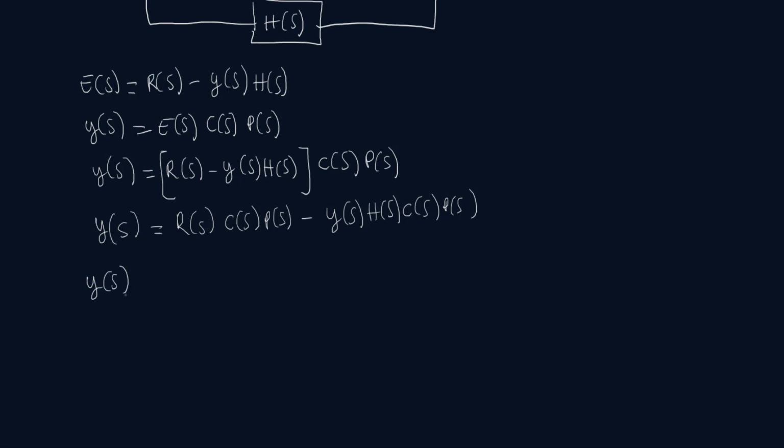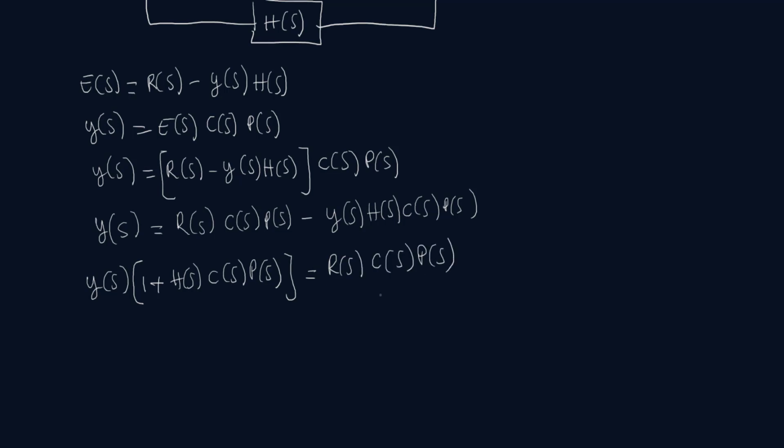A lot of these problems are almost the same, they start the same, and once you get a hang of it, you'll be able to pretty much solve the problem in your sleep. So Y(s) is 1 plus, you're bringing this together because you're taking out Y(s). So this is just math, right? You take out Y(s), which in this case leaves a 1 here, and then whatever is left here is H(s)C(s)P(s), and then this is equal to R(s)